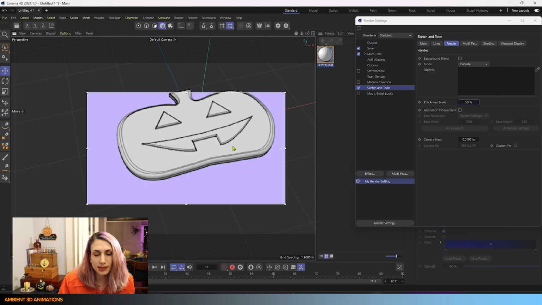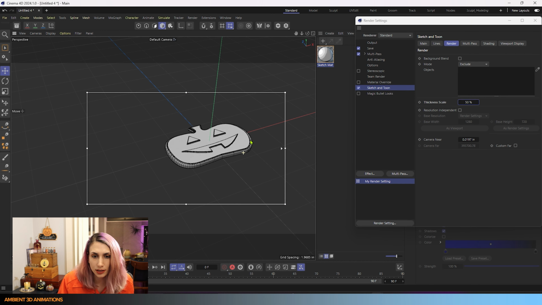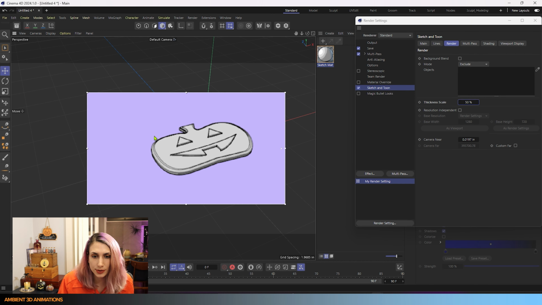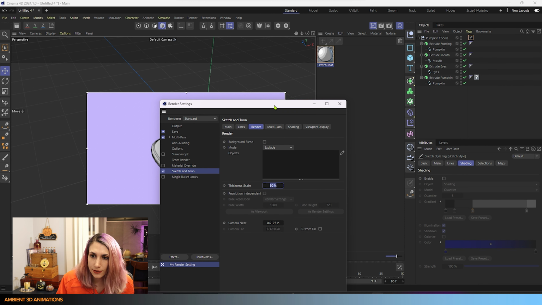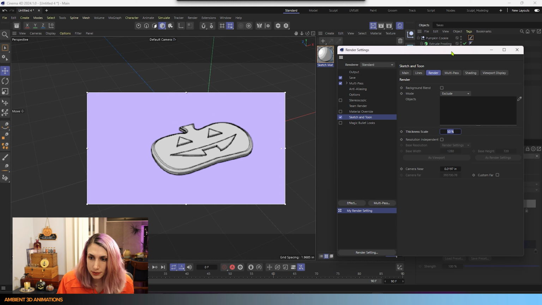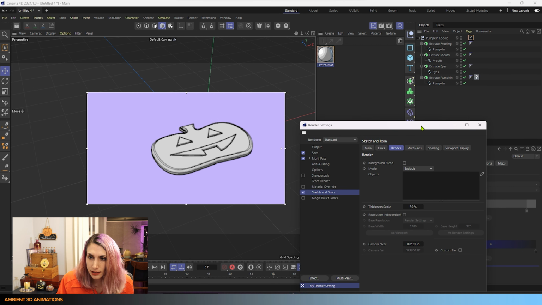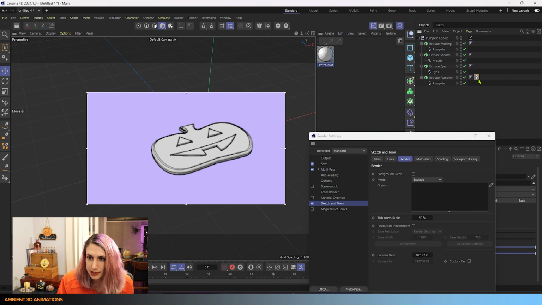And now it looks like it's much more hand drawn because it has those lines going around it. So it's a really fun, quick way to render. And you can see it's pretty much instantaneous. And it's fun to make something that looks a little bit more 2D.